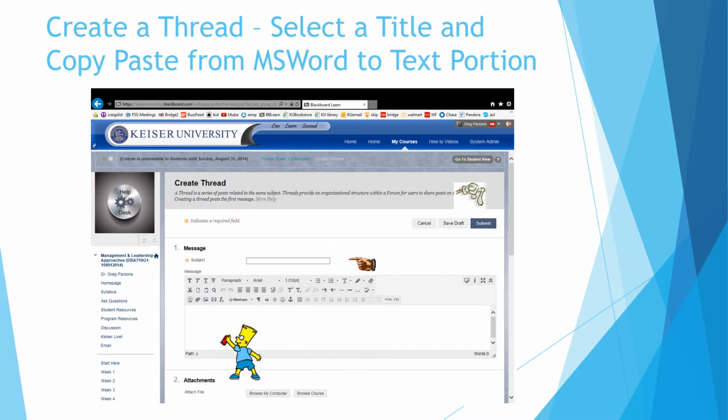Again, I'd like to see your initial posts in. When I go into the class on Wednesday, I would like to see all your initial posts in the discussion for the week so we can start working with those. Okay. And then by the end of the week, you should have 3 additional posts on 3 different days. So a total of 4 posts on 4 different days, the first one by Tuesday.